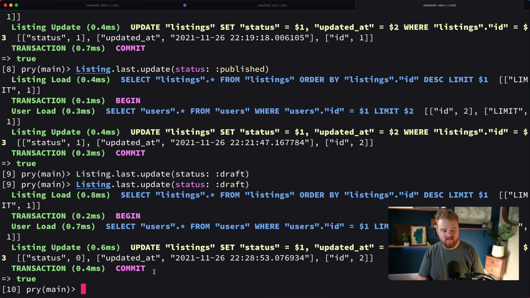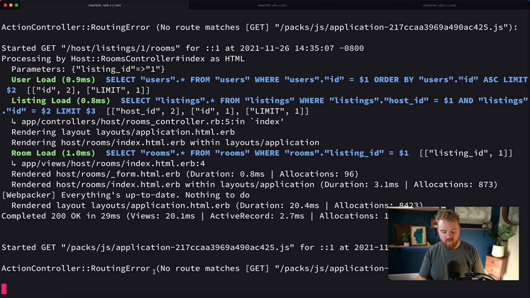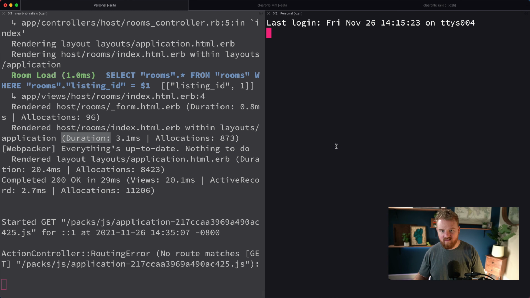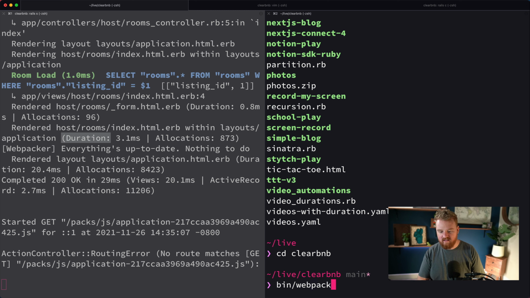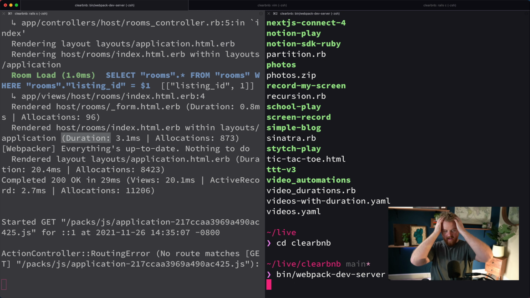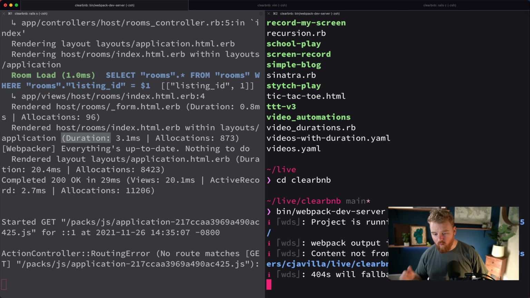Oh, you know what? It's because I'm still using Webpacker stuff. Split vertically. bin web, or I guess bin webpack dev server. So people have also asked in the comments on some previous videos why we're still using